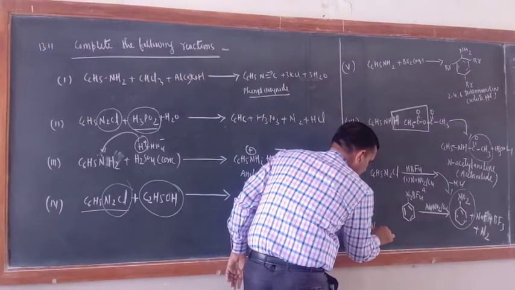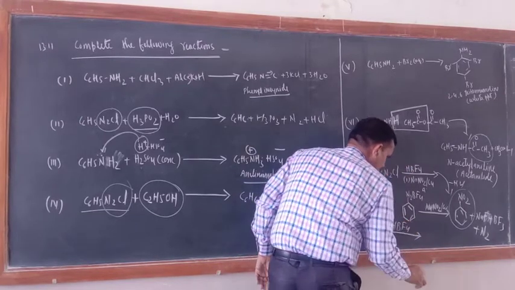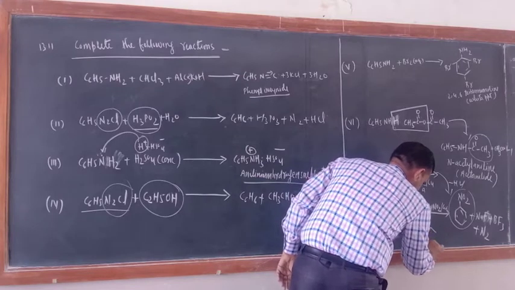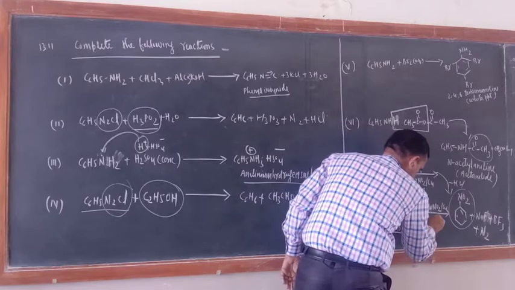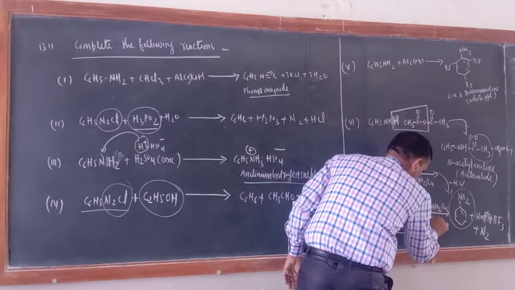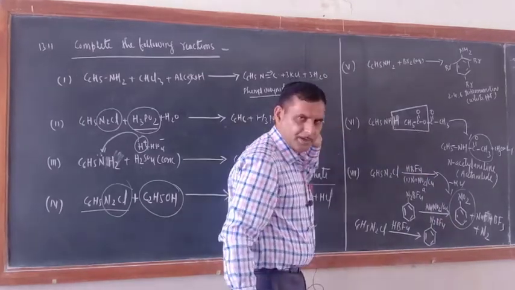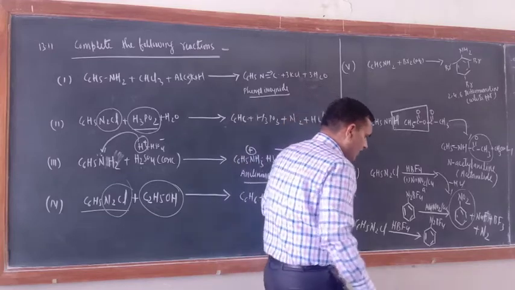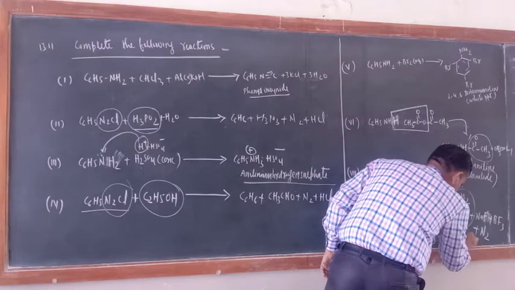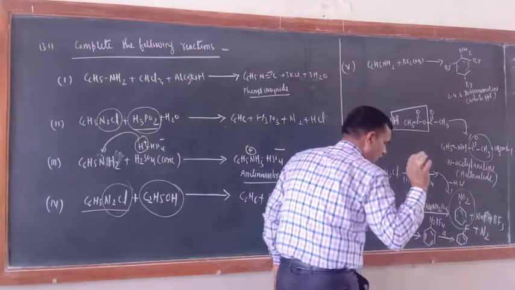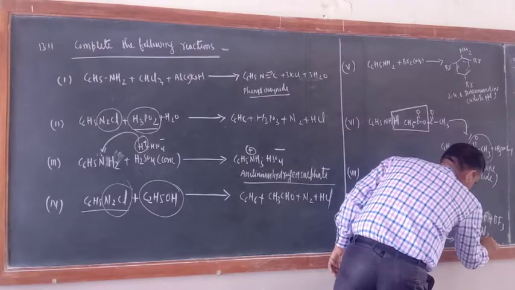C6H5 and 2Cl is there. And here suppose HBF4 is there. So what would be the product? Just see. This is the benzene ring. And here what would be there? Just see. N2BF4. Okay. Now when you heat this one, directly with the benzene ring, fluoro will be attached, plus N2 plus BF3.